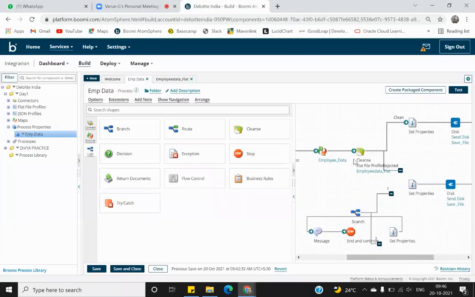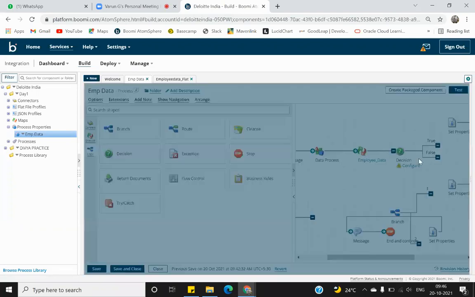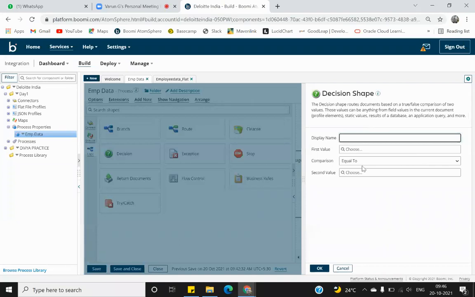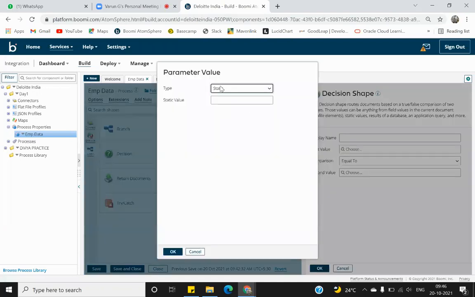So we have seen branch shape, route shape, cleanse shape. Now coming to decision shape. Okay. Now decision shape again checks against some values. For example, it will ask you what first value I want to compare. So again, suppose I want to compare my first value from profile element